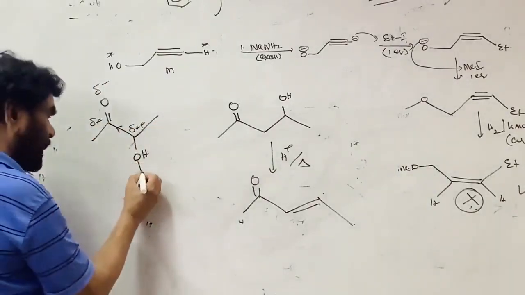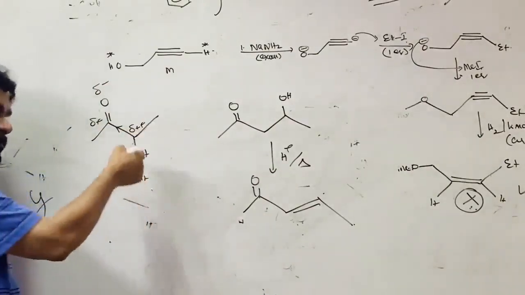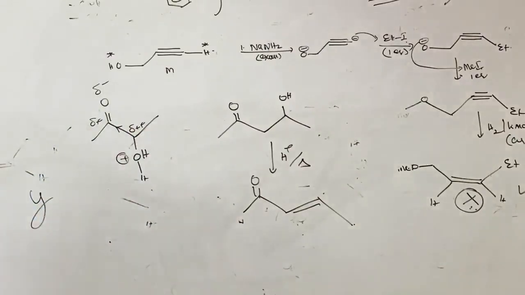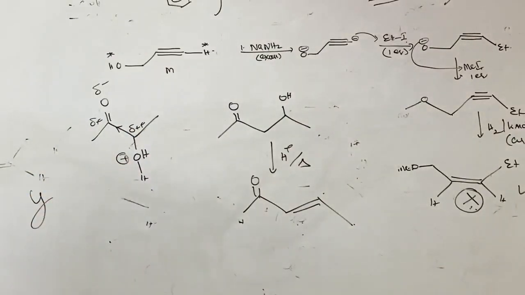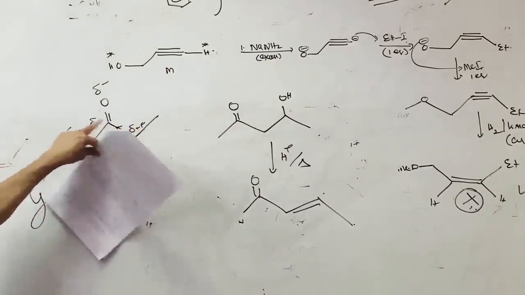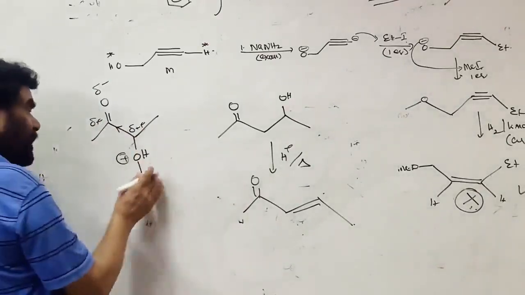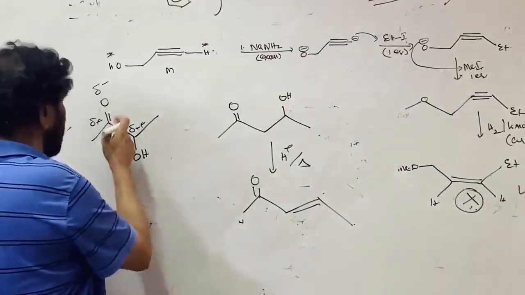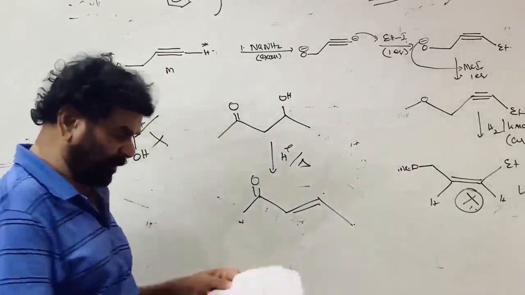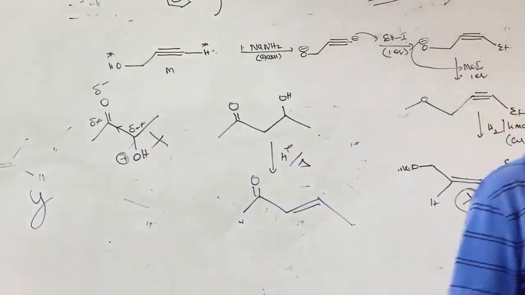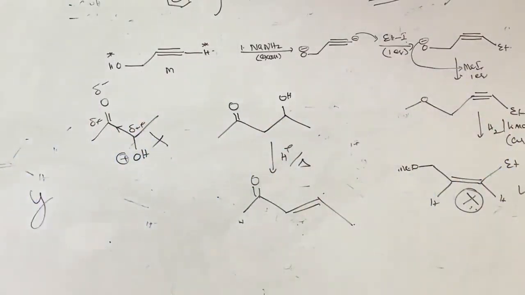So if it is protonated, then what happens? Positive charge repulsions will be more. So protonation is not easy. There will be repulsive forces. Therefore, it is not easily protonated. Ease of protonation is less because of this. Therefore, this will not readily take part in the dehydration. And the next one is B, A readily takes part in the dehydration.